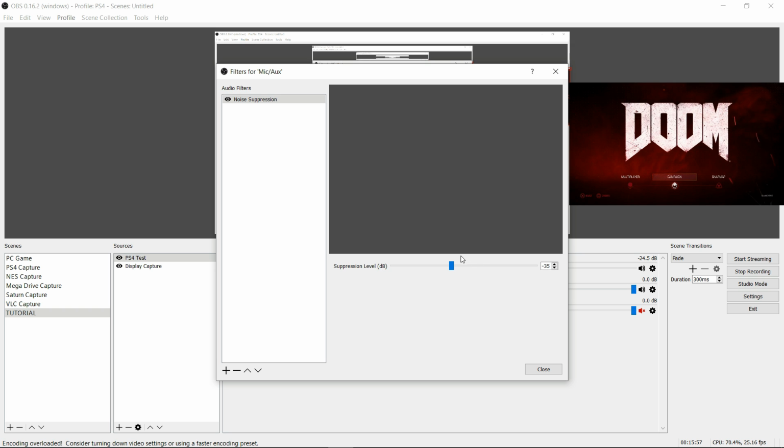By default, it's at minus 30, which means that anything at minus 30 decibels or lower, the microphone won't even pick up. It won't show it at all. Anything higher than minus 30, it'll work. Now for me, I wanted that little bit more audio to be captured, because